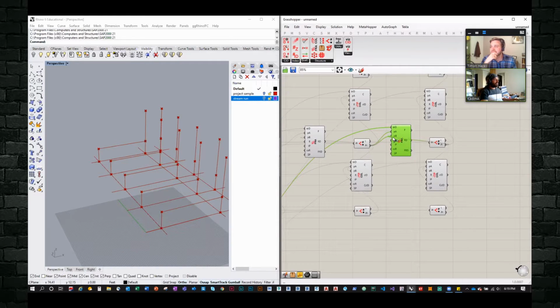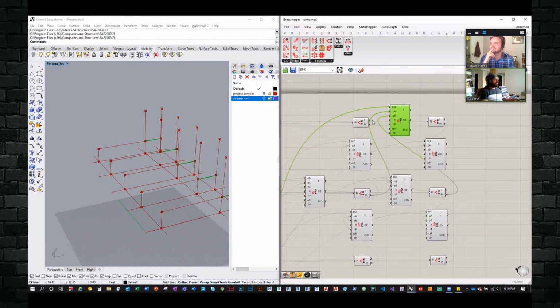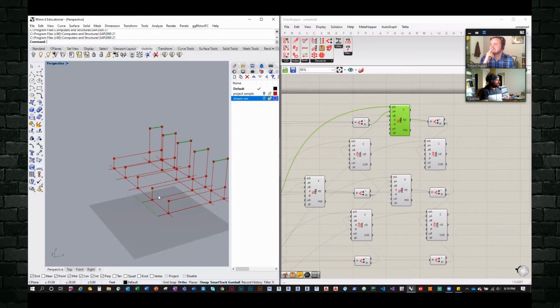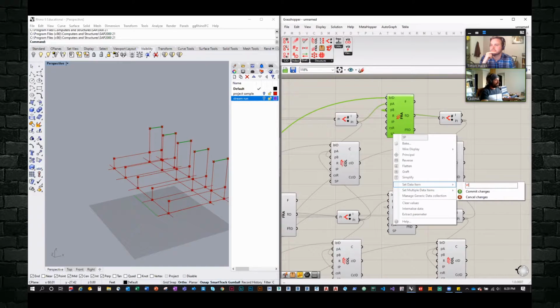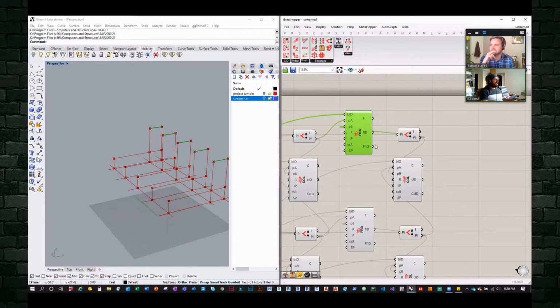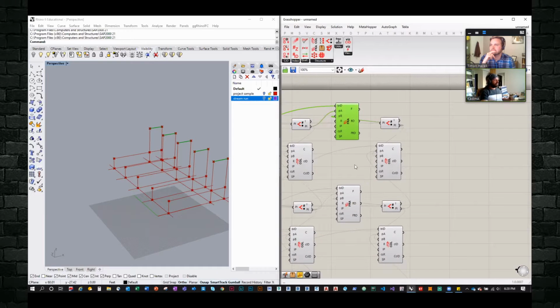Now, I have developed other clusters that I haven't been able to flush out, to take all of these. I know if all of these are being connected, like this row and that row, then I can just feed it multiple inputs instead of having to repeat these components 3 times. But also, this is very project specific. Some projects, this member is going to be a different sectional profile than that. So this is where you feed in a Revit section profile. Let's just say it's a W 12 by 44 or something. And that would be programmed into the index later when we export it to Revit.